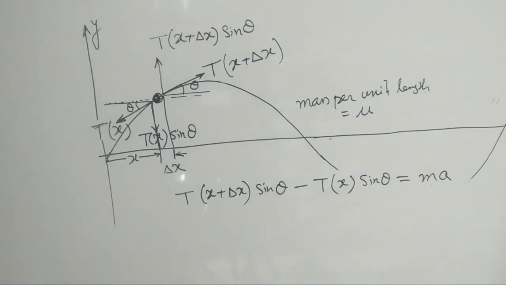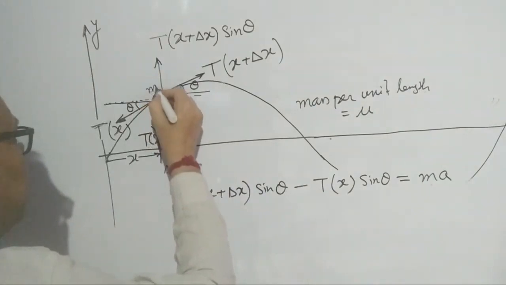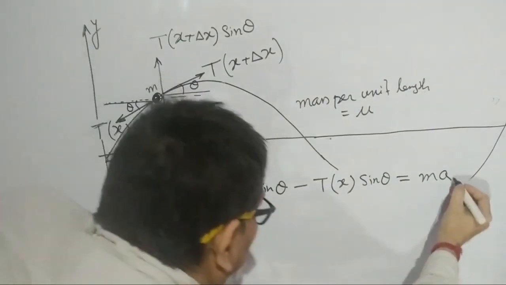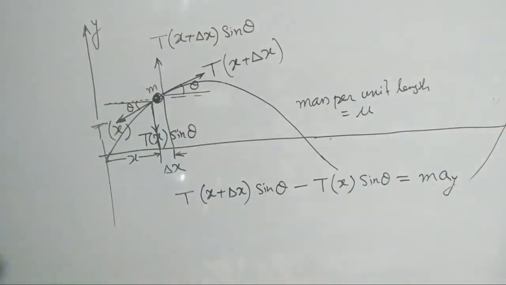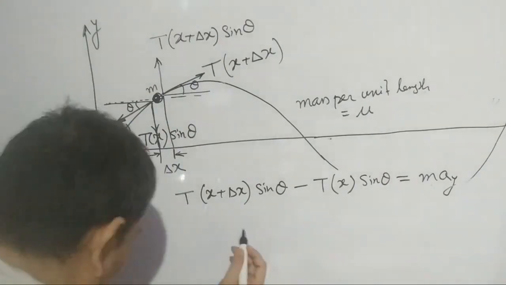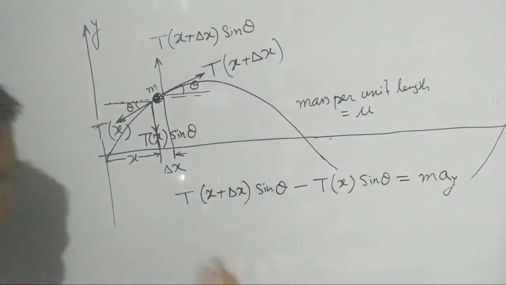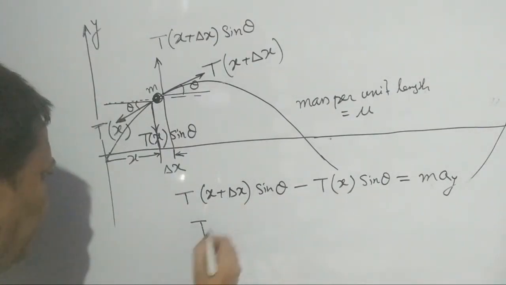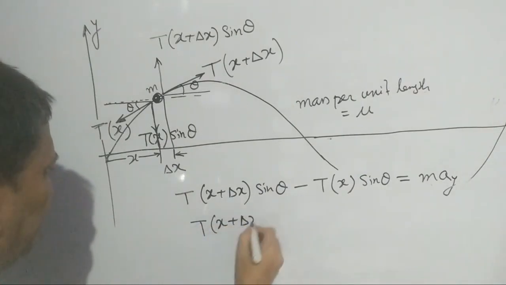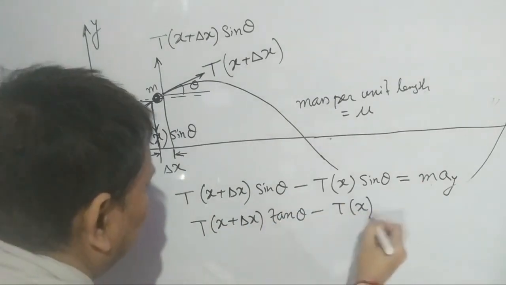Now what is this m? M is the mass of this portion, and a is the acceleration of that small portion, but along y. Now because theta is very small, we can write sin theta as tan theta. So we can write T at x plus delta x tan theta minus T at x tan theta